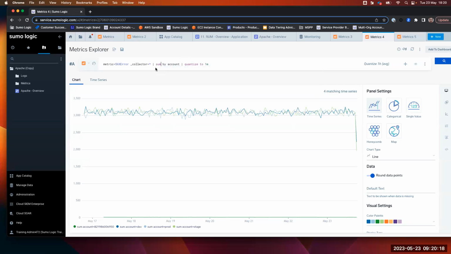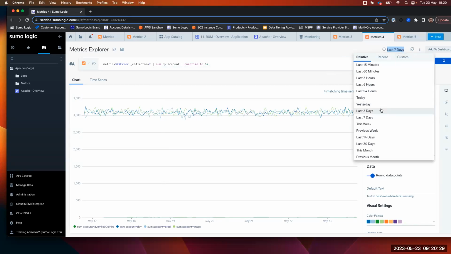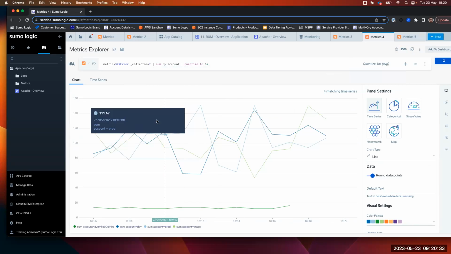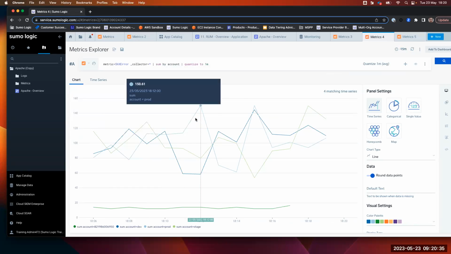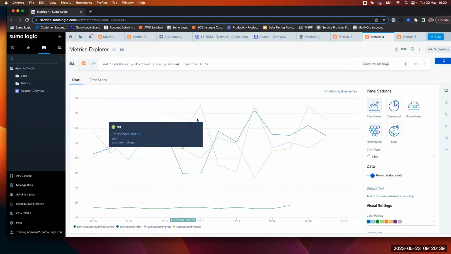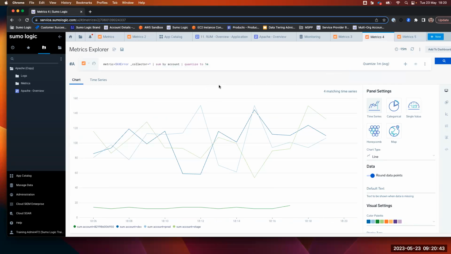If we use the sum operator for quantization 7 days, quantization of 1 hour, you can see the values in here go over 3,000. If we go back to the 15 minutes, you can see the value drastically change, and it's almost never now exceeding 140. This is happening because the bucket size changed. So basically, with the sum operator,